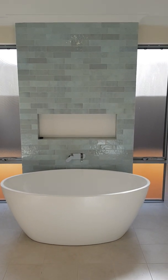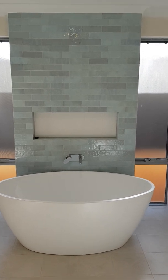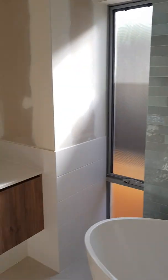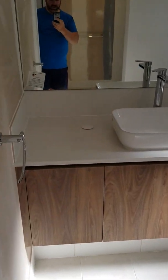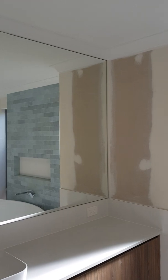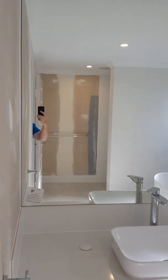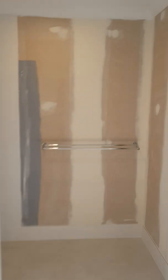So there's a little egg-shaped bath that we bought ourselves and the builder put in for us. Probably maybe change that white tile in the background to green, those green brick ones I think. And then this is the vanity here with full height mirror. So there'll be a pendant that'll come down there, as a plug base in the ceiling, and that's everything that side. And then this side here we have white tile wall as well,